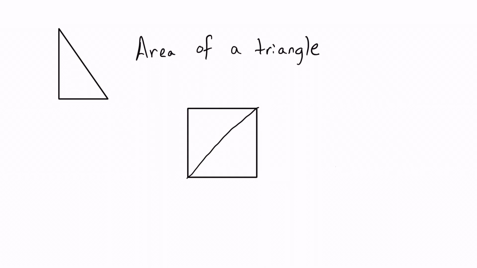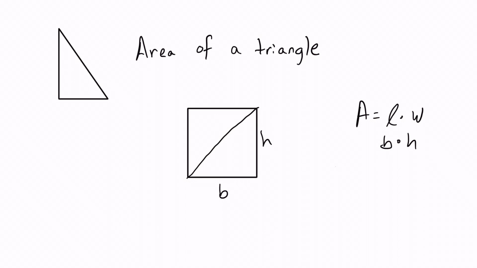Now when we talk about finding the area of a square or rectangle, we typically use the equation A is equal to length times width. This could also be interpreted as base times height. Base, height. Now when we look at a triangle, this is exactly the information we'll be needing to find the